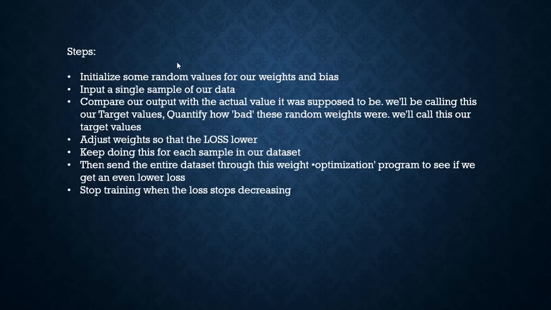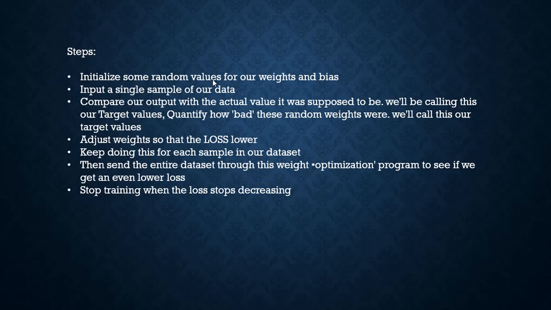Now let's see a quick recap of the process in a neural network, step by step. Here I have pointed out the different steps. The first one, as we mentioned in the previous video, is to initialize some random values for our weights and biases. We pass some input to the neural network, and using the hidden layer, the bias and the activation function, it produces some output, right? Using the output, we are going to adjust the weights and bias.